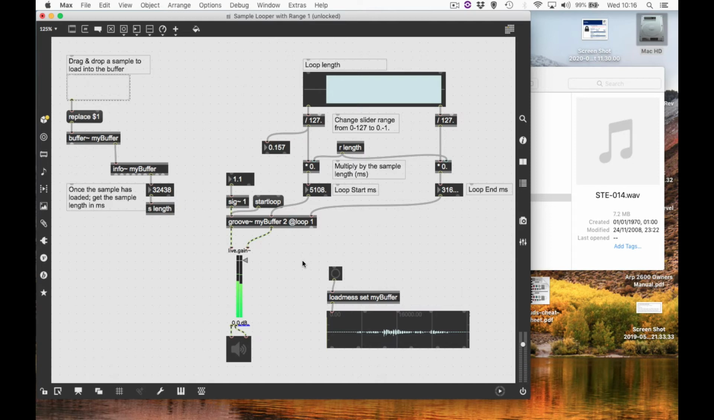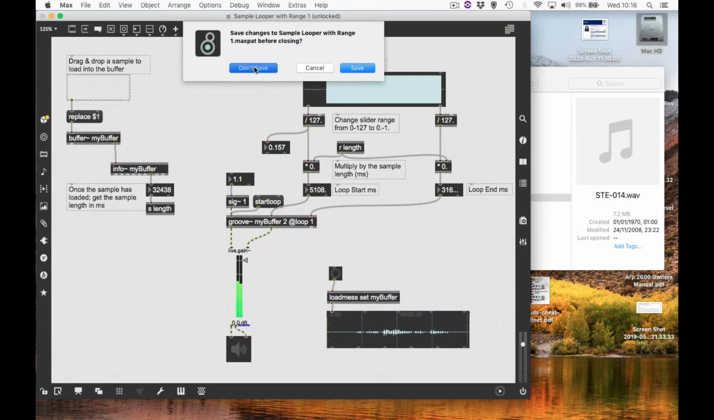So how could we develop this? It's working quite nicely. I like the way that you can change the pitch. The looping is turned on automatically. We don't have to turn on loop. I've just used an attribute there. So how can we develop it? Let's close it and